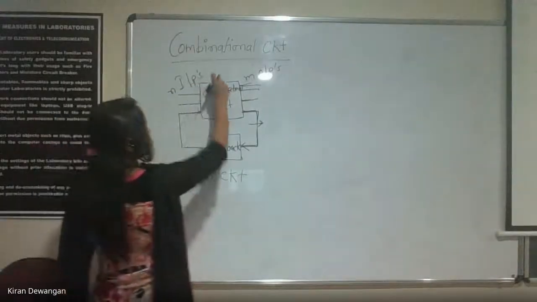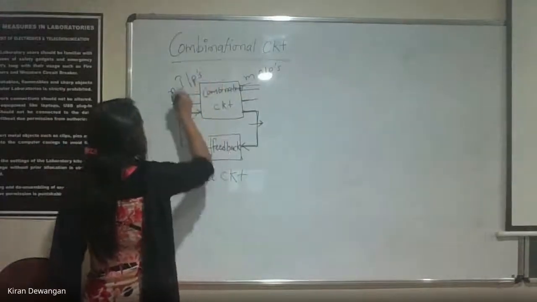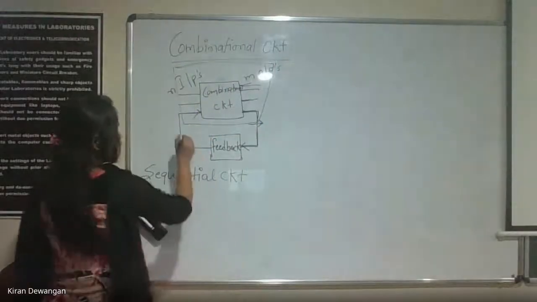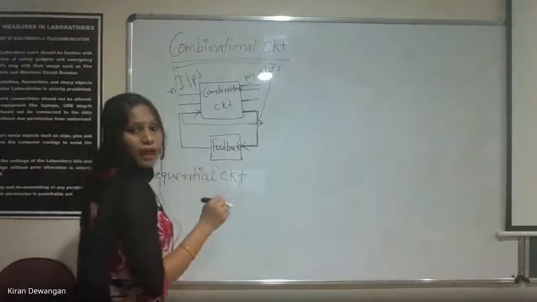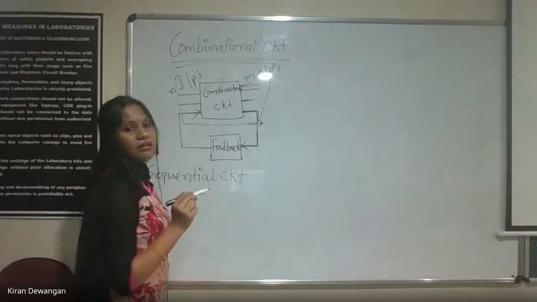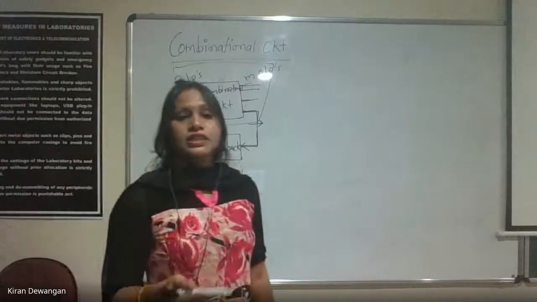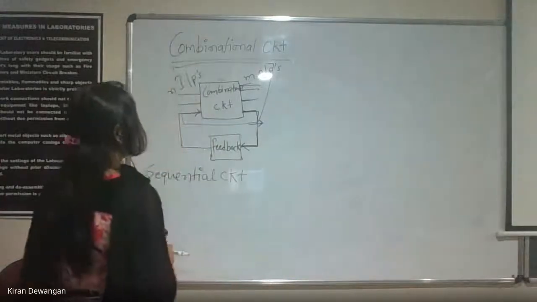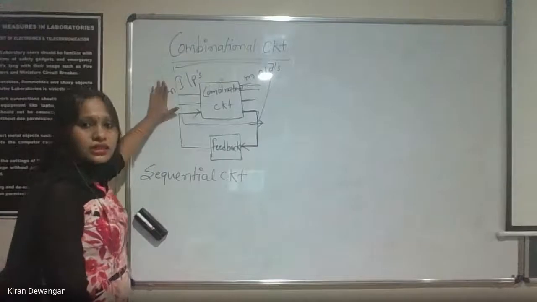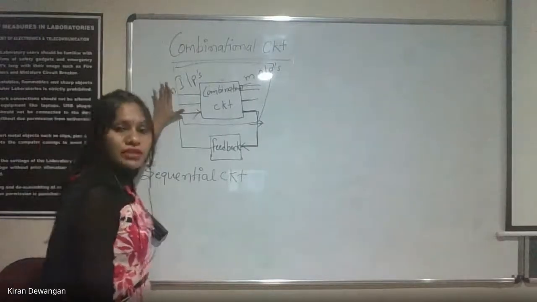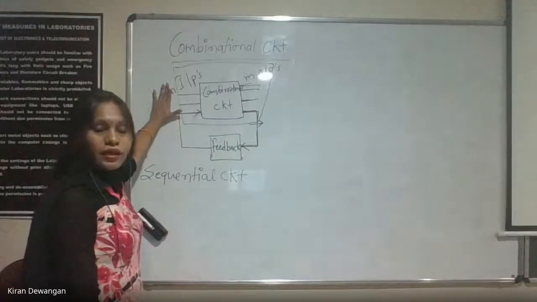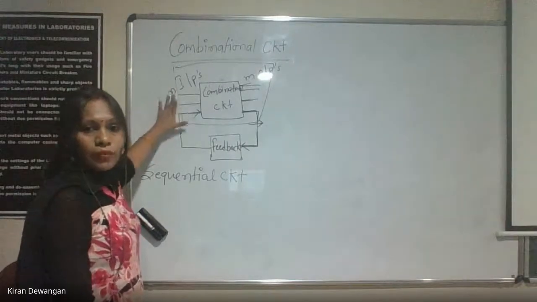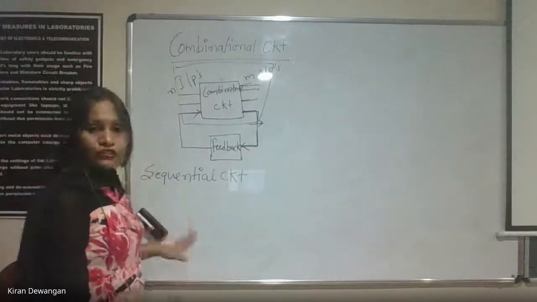Combinational circuit will have only this part. This is our combinational part. But if we have this also, the feedback part, then it becomes a sequential circuit. That we'll study in our next unit. वो हम next unit में पढ़ेंगे. But for this unit, we need to understand this is a combinational circuit and it depends only on input combinations. Is this clear, students? The combinational and sequential का difference is clear.